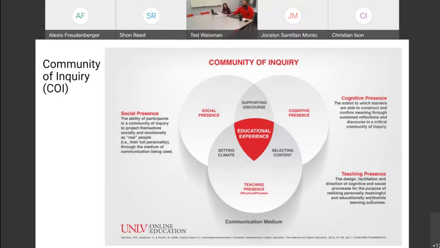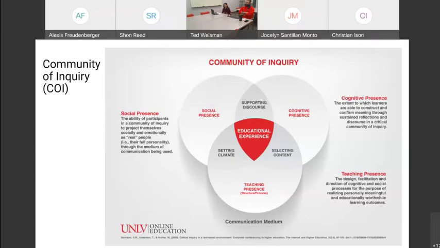When you get into an online class, there is, for those that haven't heard of it, what we call a community of inquiry theoretical model. And that's the model that the Office of Online Education uses to guide course development and to help us think about how to show up and how to put a class together, and what are the best ways to create a deep and meaningful learning experience in our course, right?